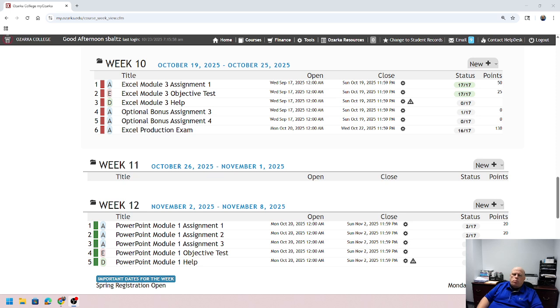And most of you probably used PowerPoint before, at least to a certain extent. We'll get pretty in-depth into using PowerPoint, but in this Module 1, it's just a basic introduction to what PowerPoint is, what it's used for, how to create slides, how to change the layout of your slides, how to add text objects and picture or graphic objects to your slides and so forth,